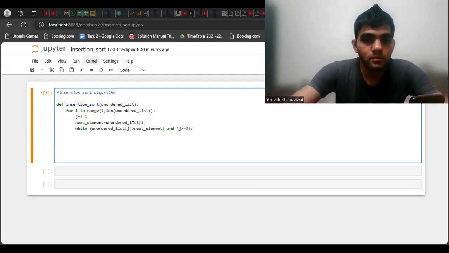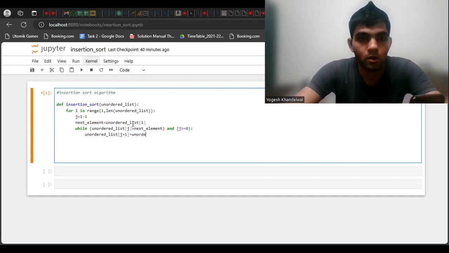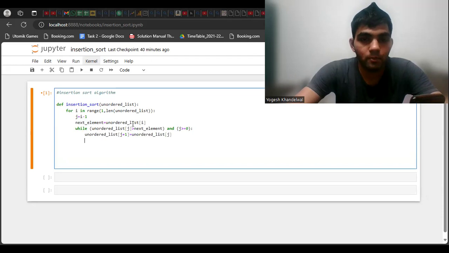So unordered list of j plus 1 is equal to unordered list of j. So we are swapping, and then we are decreasing j by 1.